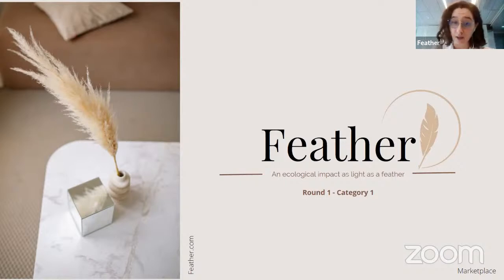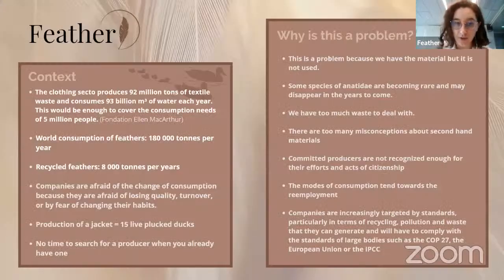7.5 million tons. This is the amount of textile waste in Europe every year. As a comparison, 7.5 million is approximately 187 times the population of Monaco. So I would like to be more precise in the problem of textile in the fashion industry. Feathers and down, more precisely, are an incredible material because of its natural isolation quality and its durability. But what we don't know is that the down and feather of 25 ducks are required to make one jacket.